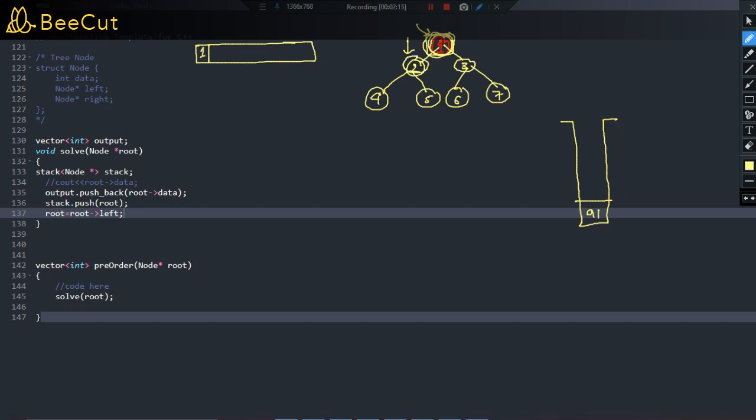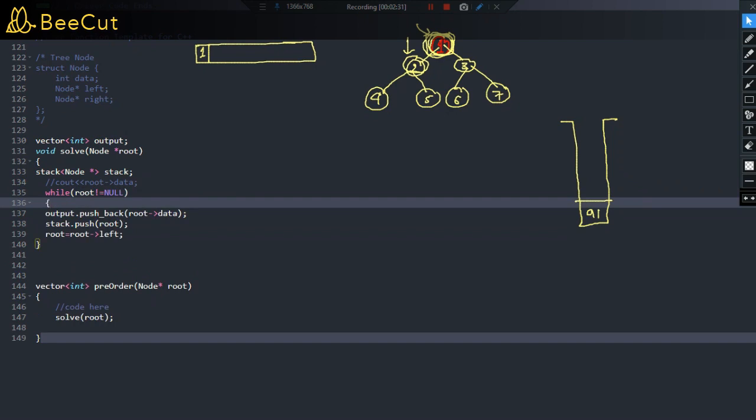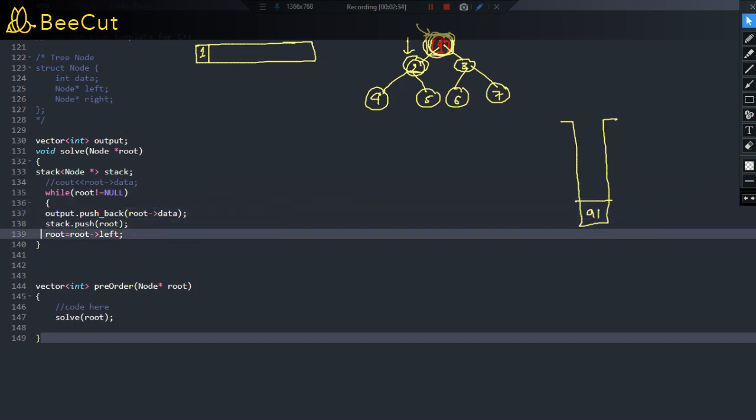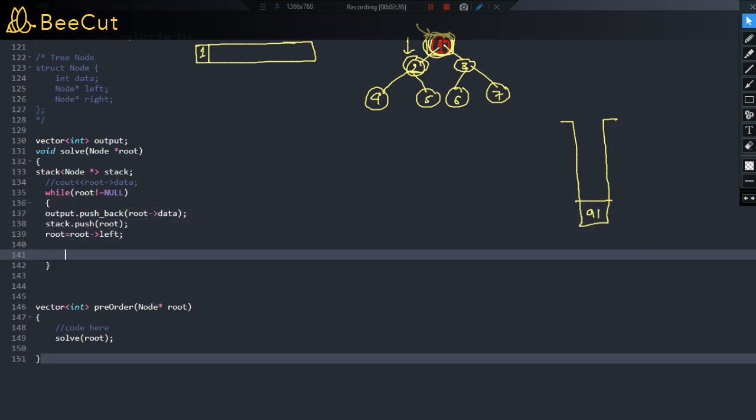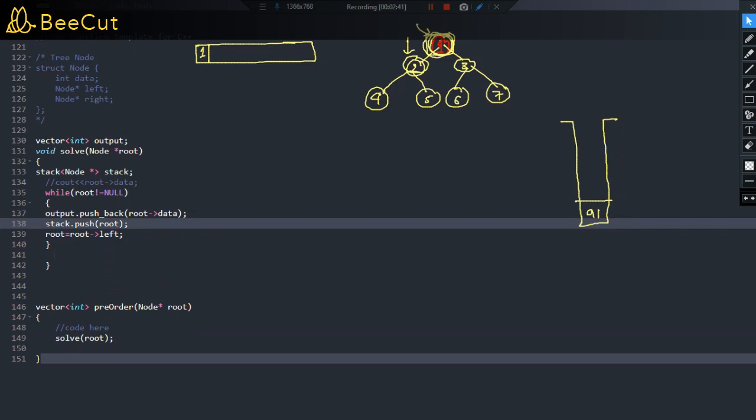So how long should this go? Until we know there is a valid node, or root is not equal to null. So that is why we put this entire code into the while loop. So while root is not equal to null. Getting the point? While root is not equal to null, we will perform this operation. What is the operation? Print every element,